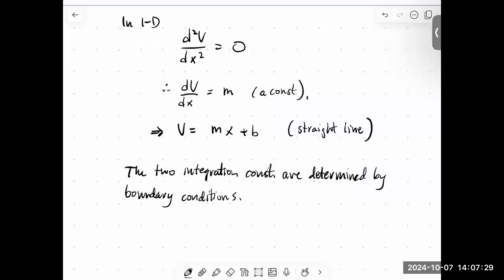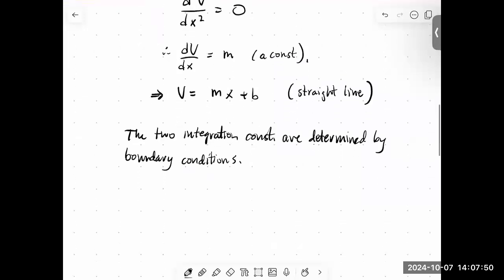Now, there's actually a couple ways you could go about this. You could say, I'm going to give you two values of v at two different positions of x, or I'm going to give you the value of v at one position of x, and I'm going to give you the value of dv dx at another x. So something like that. For example, if we know that, say, v at 0 is equal to 6 and v at 3 is equal to -3,